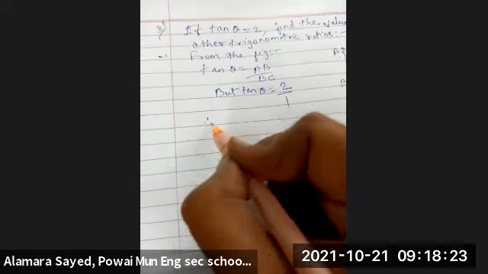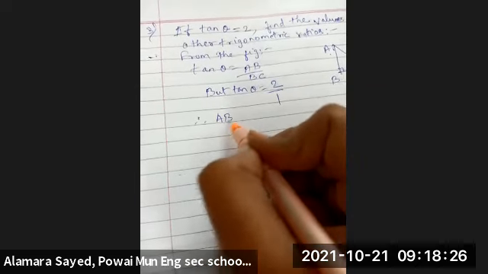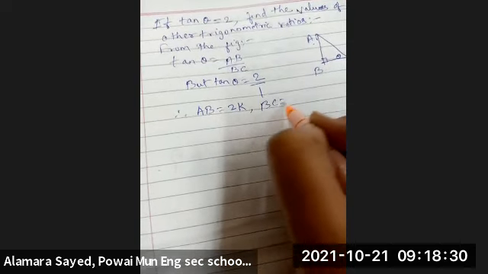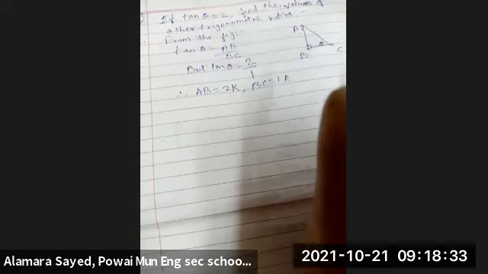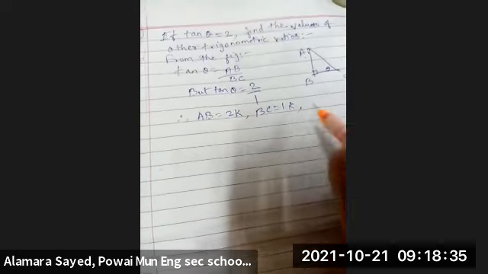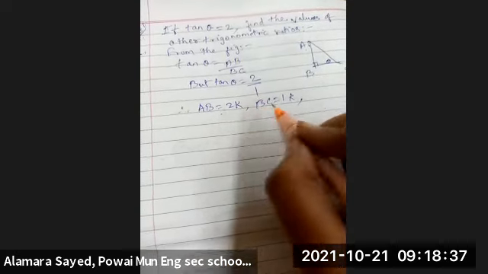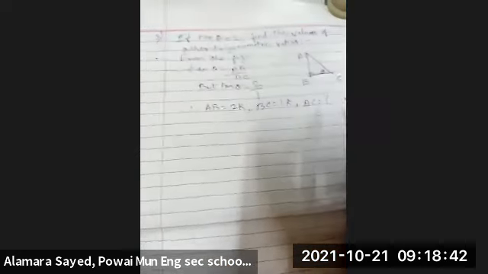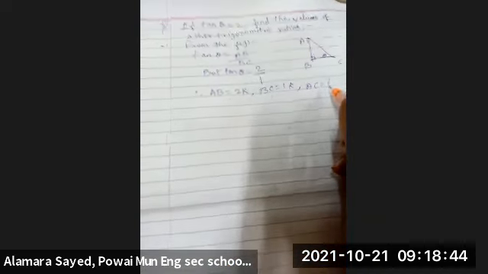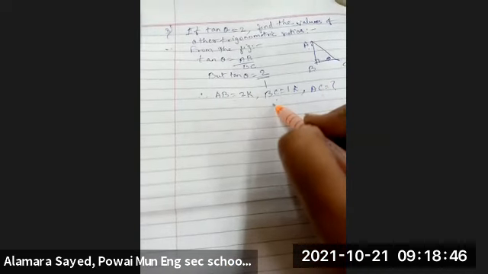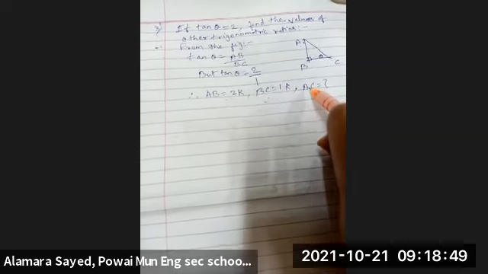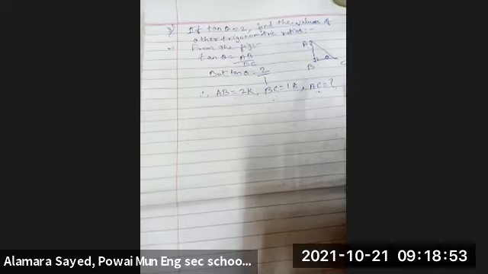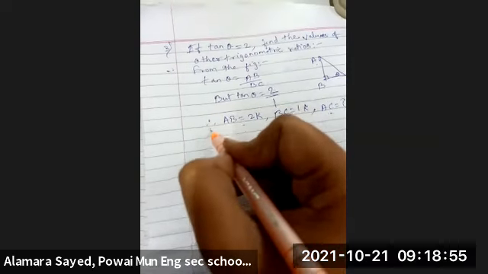Therefore, we can say that AB is equal to 2K, BC is equal to 1K, or you can write K also. Then, as we have the value of AB and BC, we have to find AC, the hypotenuse. And as we know, if we have two sides and we have to find one side, then we use the Pythagoras theorem. So write down in